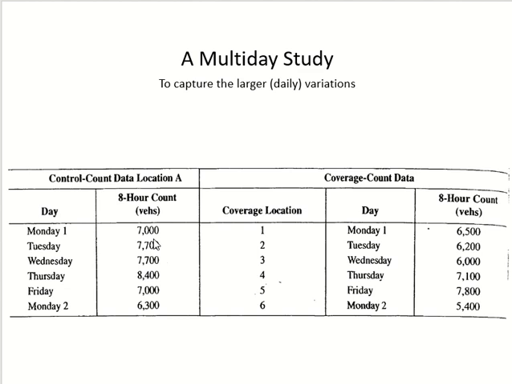A. All factors are calculated using control. I told this rule earlier as well. Whatever factors you are calculating, we calculated expansion factors last time, we are calculating adjustment factors now, all factors from control. So all factors in this case from A. So it will be average of A